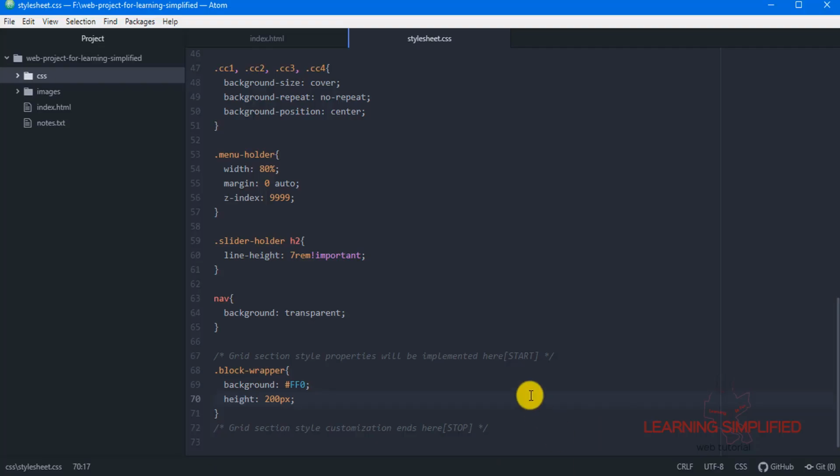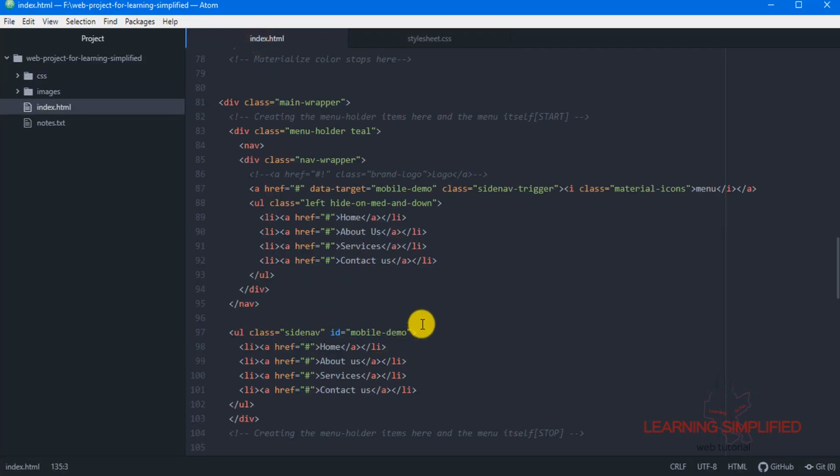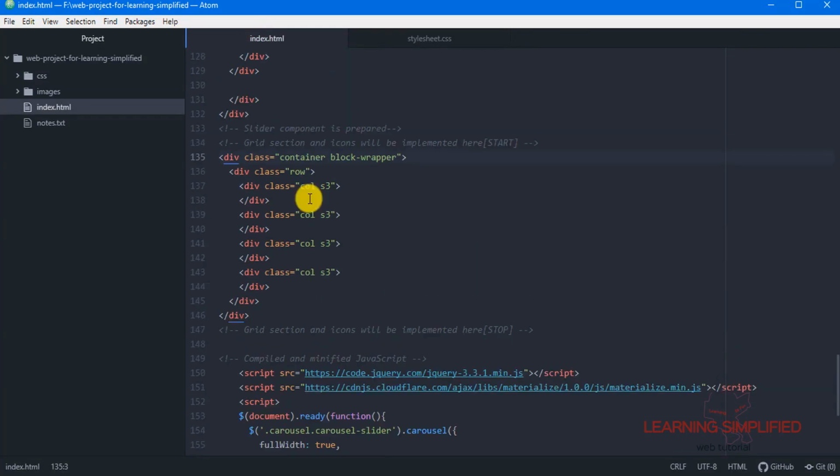Another thing, as I have mentioned previously, is to always try to keep your components in separate container classes. That is why this separate container class has been created over here, and this is the block wrapper class that we have created.